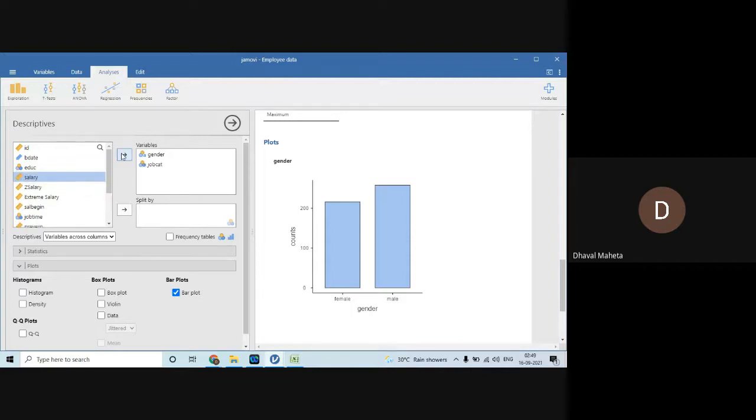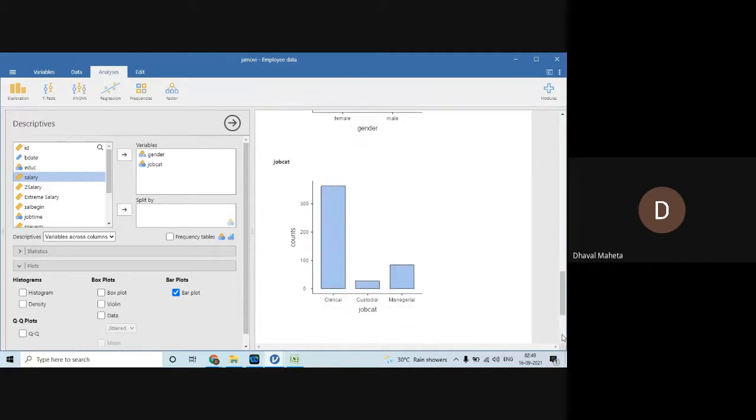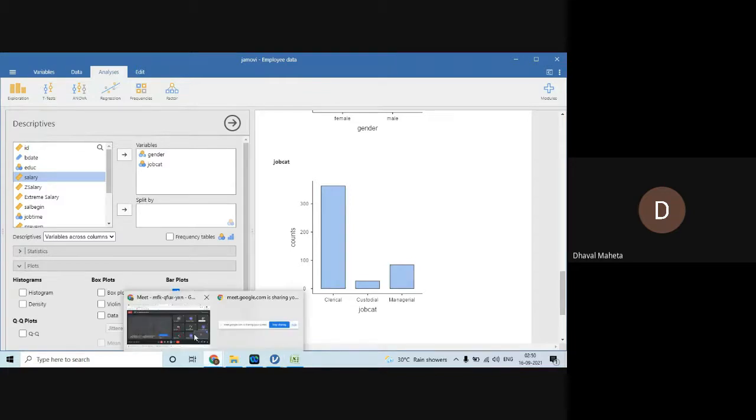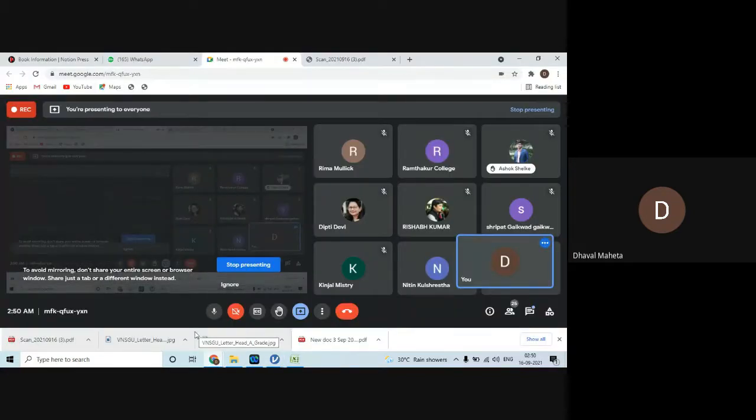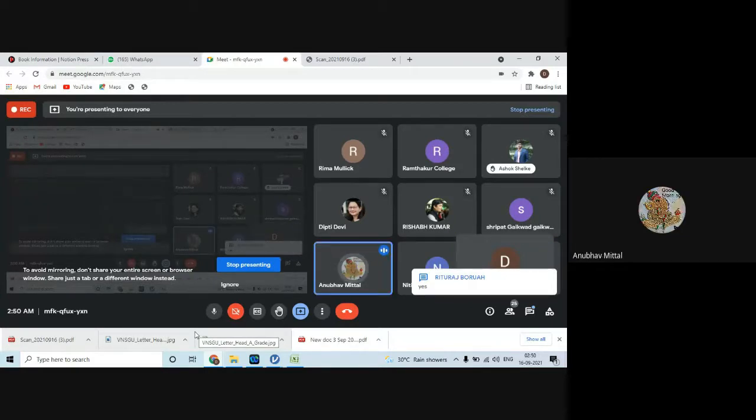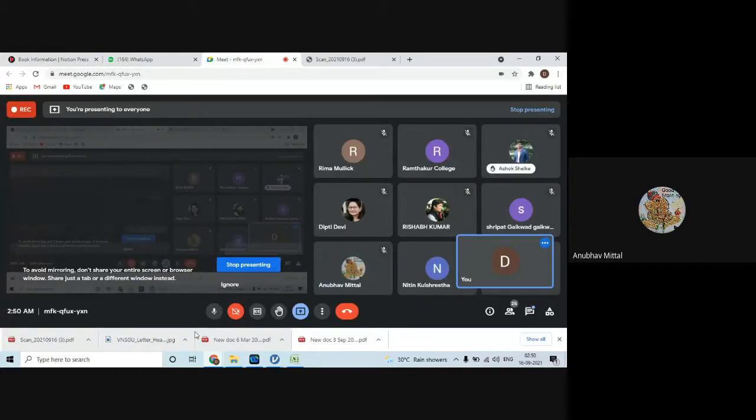So including it here, and again you will get the graph. Got it? Write down. Yes, sir.